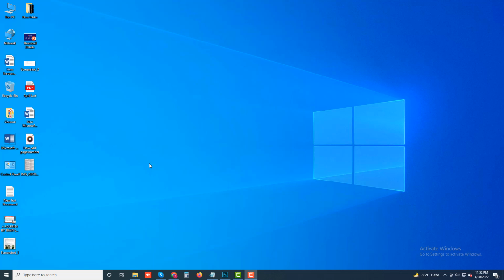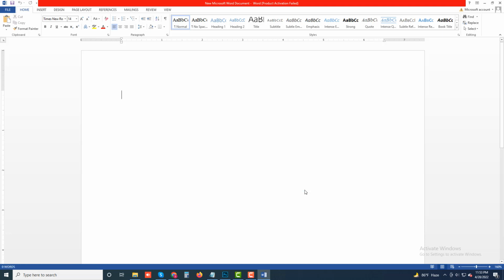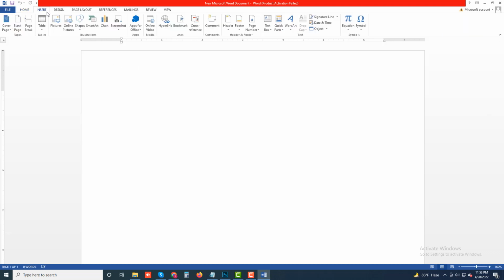Today I will show you how to insert a text box in MS Word 2013. First, open a Microsoft Word document. Then go to Insert. Then click Text Box,